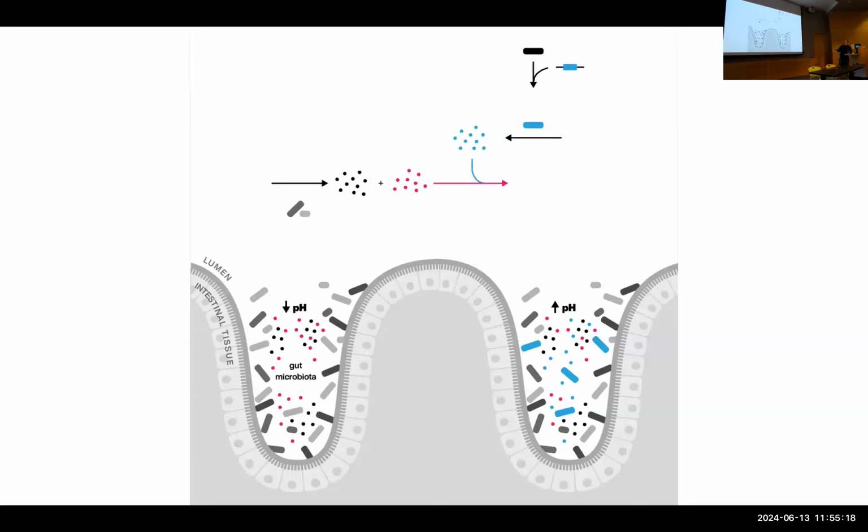These useless guys make some of these magenta things. The projector is kind of making it dark, but anyway, right? Magenta, decreased pH. And then this guy, you do something with it that's blue, and it makes him a blue guy. That's these guys. And then these blue guys make the blue dots. And then the blue dots, I guess they do something magical to the magenta, and they kind of...